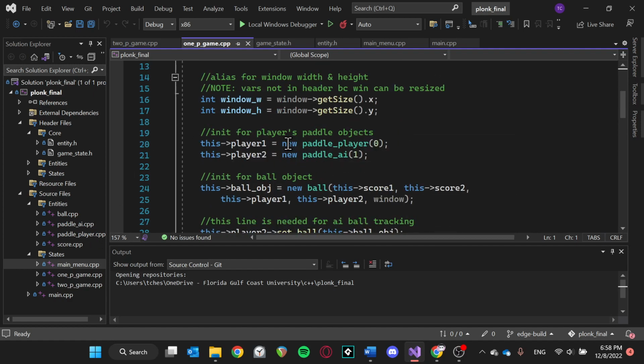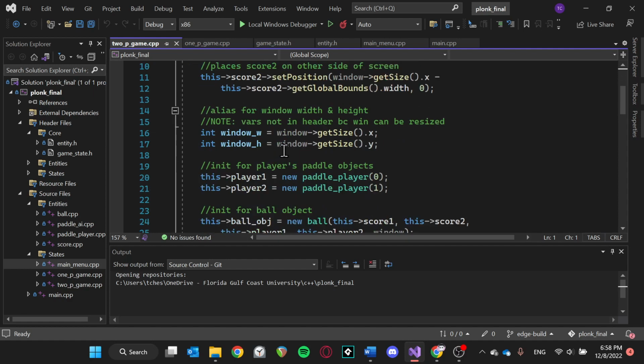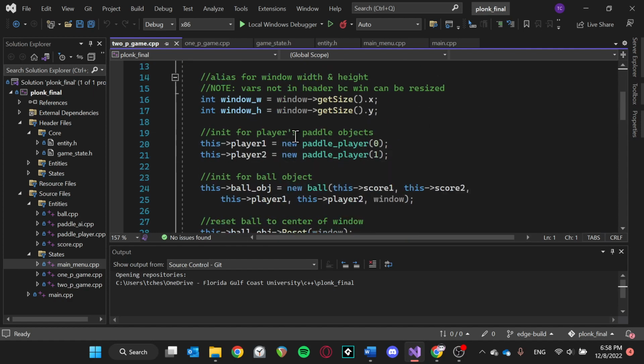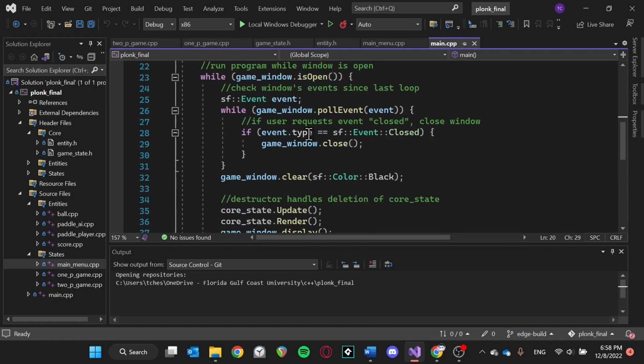And in the one-player game, an AI paddle is created, which basically says when the ball moves up, the paddle will move up. When it moves down, the paddle will move down. And the speed is slower so that the player has a chance of winning. And in the two-player mode, you have two player paddles. And of course, if you select quit, you're going to be directed back to main, where this